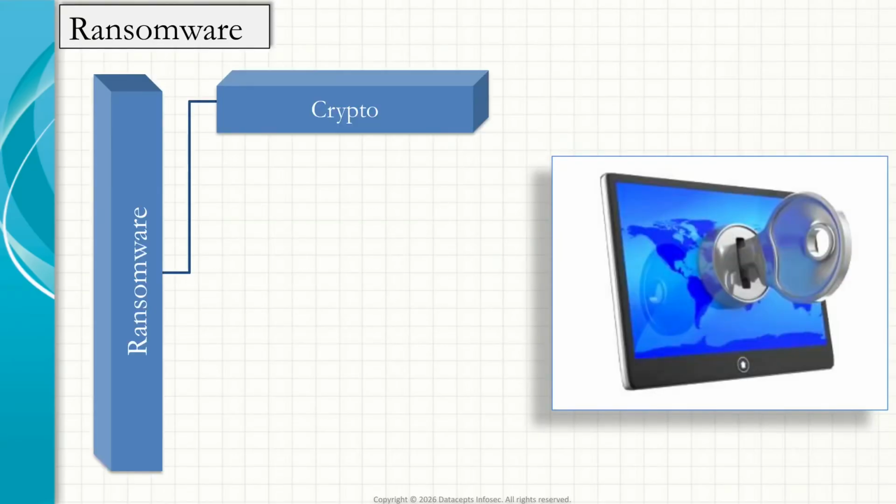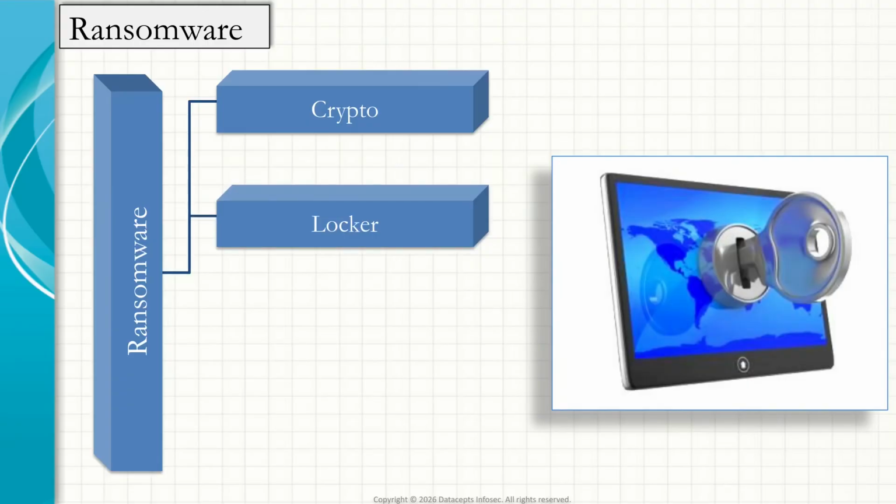Crypto ransomware is the type that encrypts a victim's files, documents, databases, or other important data, and then makes them unreadable. The system may still run, but the real damage is that the user cannot open critical information unless a decryption key is obtained, which is why this type is extremely damaging for businesses and individuals.